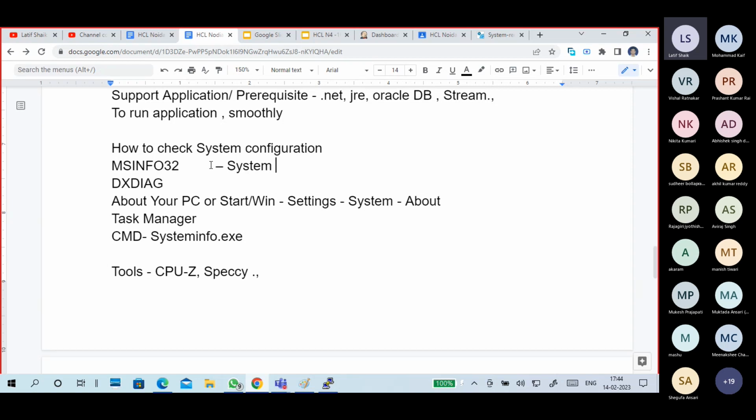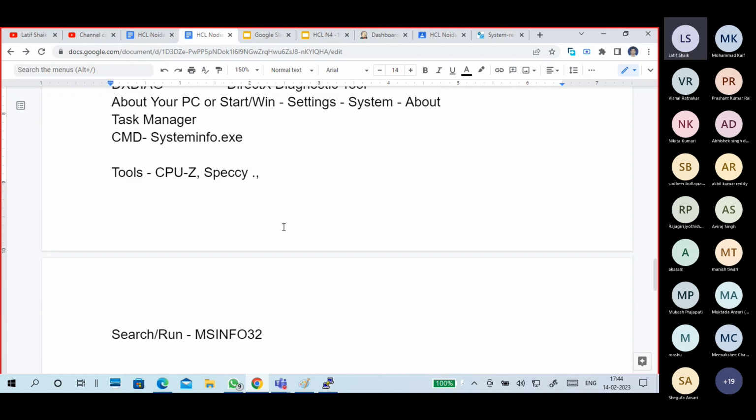This is called system information. What is MS info? It is nothing but system information. DX diag is nothing but a DirectX diagnosis tool. Of course, you know task manager.